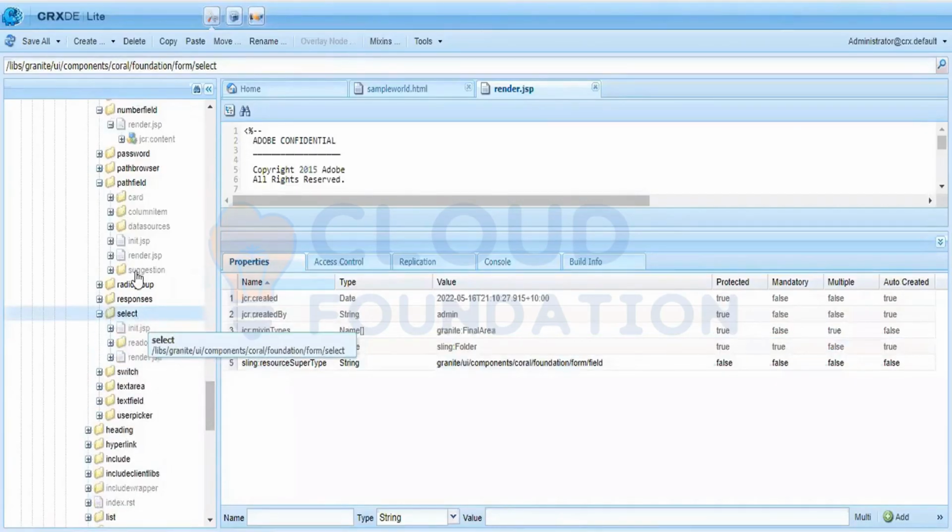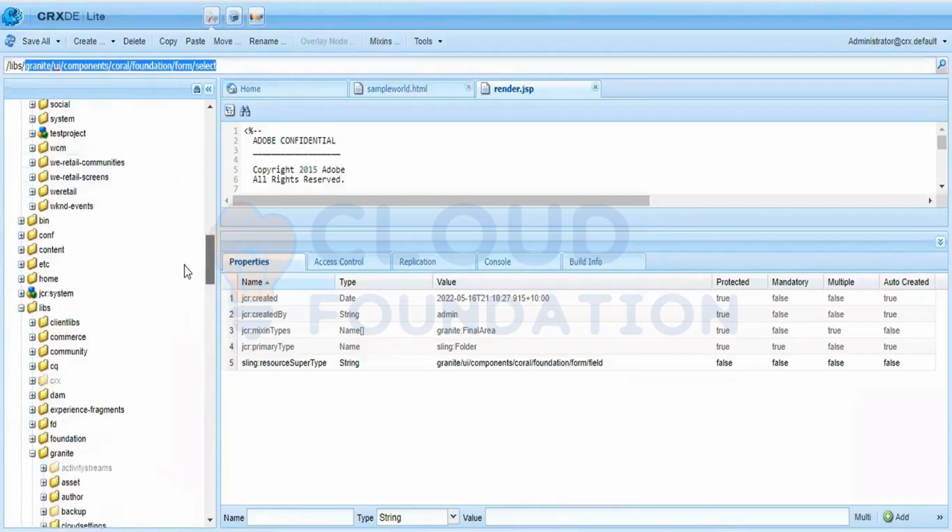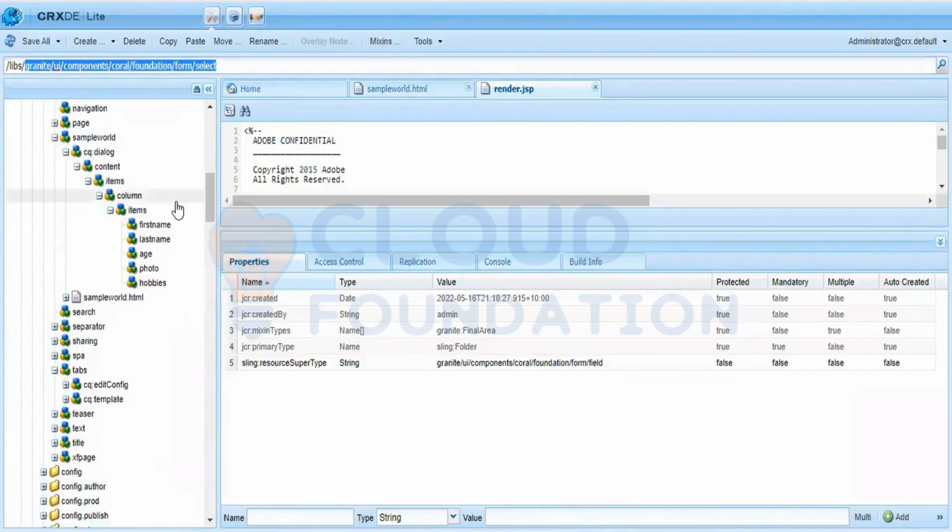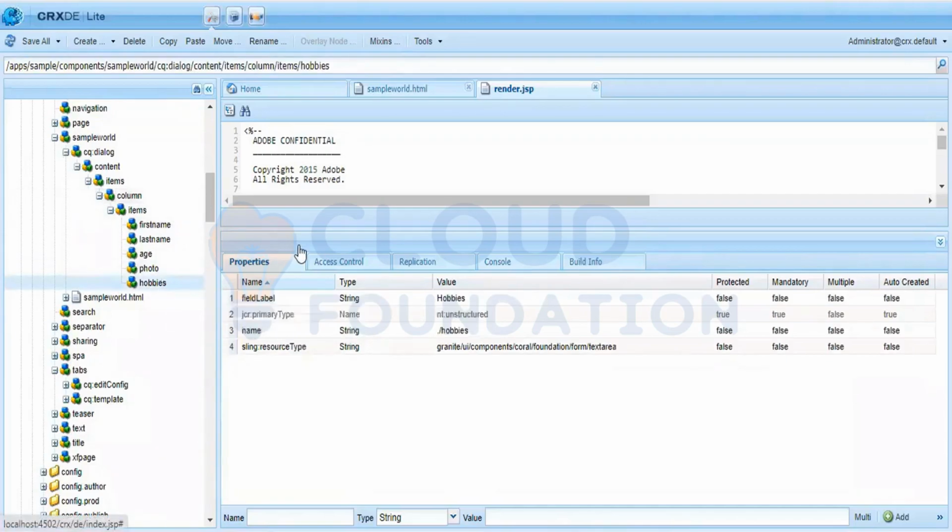For having a drop down, let me just try to see. In case you want to use select, there will be some options as well. Since I do not know how to exactly make use of text, I know how to use this select as well. That is a drop down, but for you to know how, if you want to see a sample code of how this select works, what you can do is